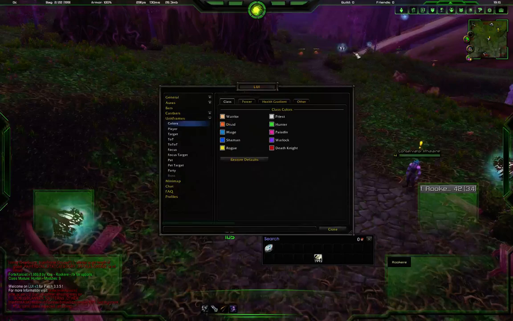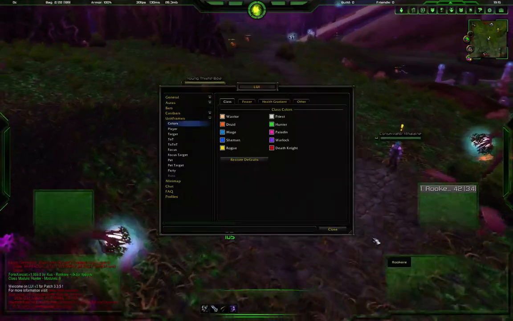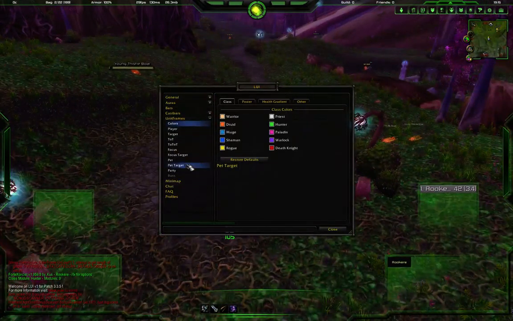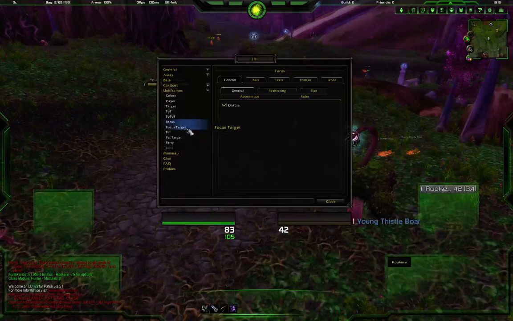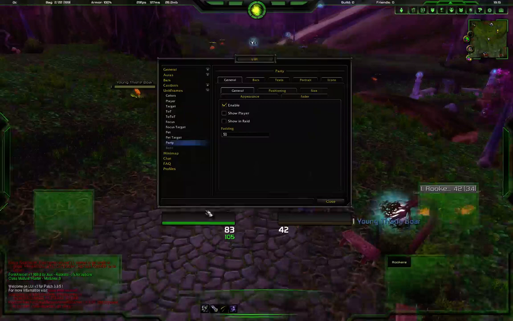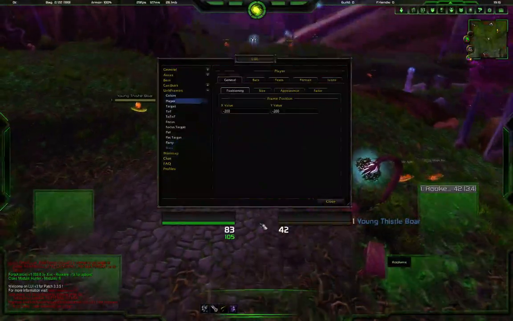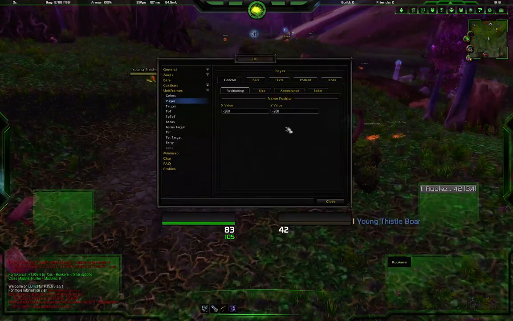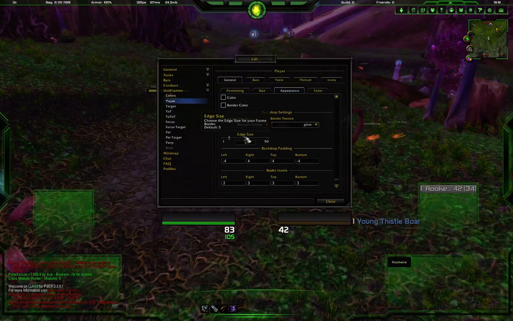Okay, unit frames, this is an add-on which I cannot cover in just one simple overall tutorial. This add-on is very detailed, so I cannot cover everything, but I'm just going to tell you the main features, which are this little bar, your target's bar, your focus target, pet target, party. Everything is going to come up in this format, not in that old Blizzard top left corner format, because first, it looks way better. Second, there are a lot of options you can toggle. You can move it freely wherever you want. You can change the size. Let's say you don't like that width, you can make it 150. It's personal preference. Your appearance, the colors,